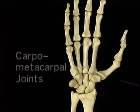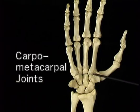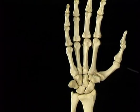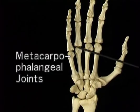The joints of the hand have long names. The joints between the carpus and the metacarpals are the carpo-metacarpal joints. The joints between the metacarpals and the proximal phalanges are